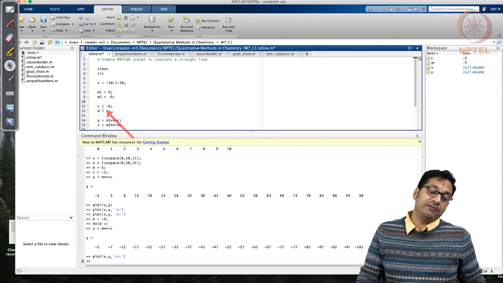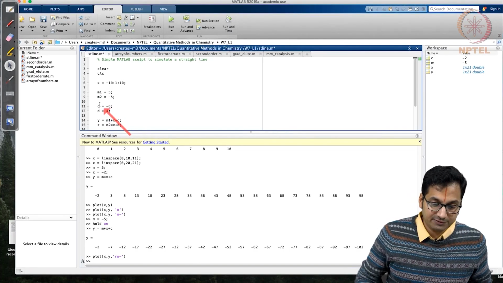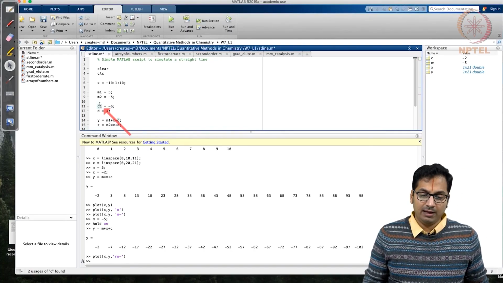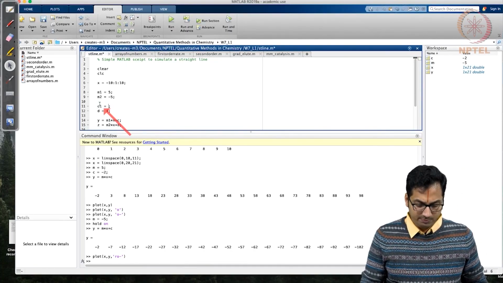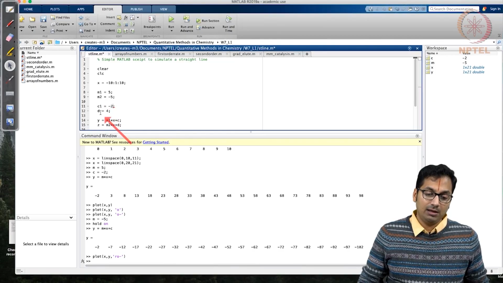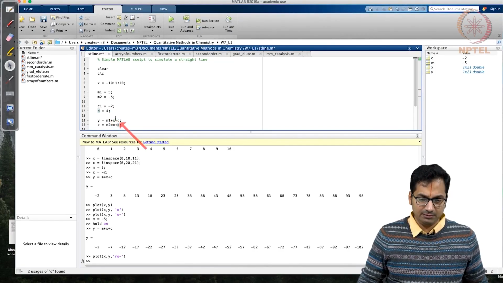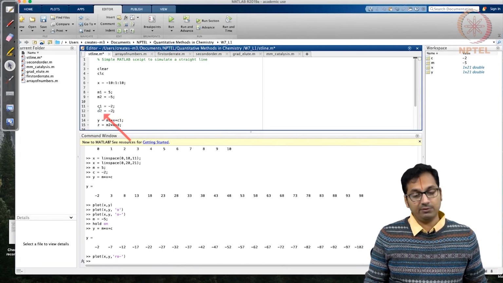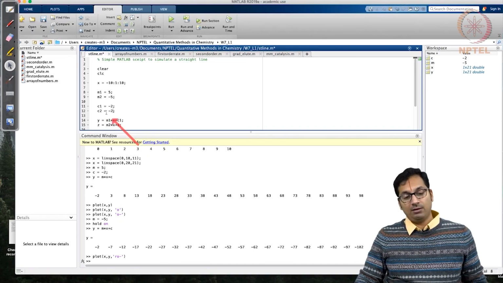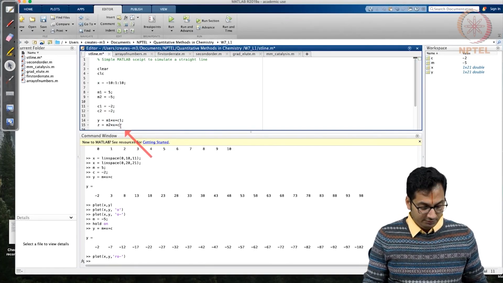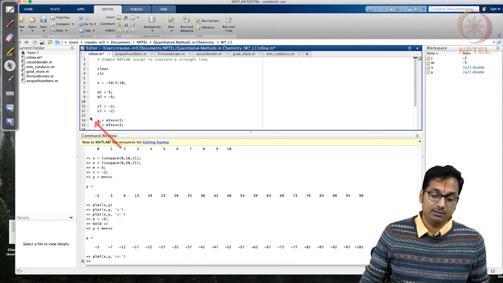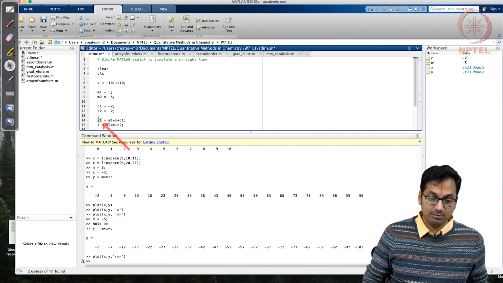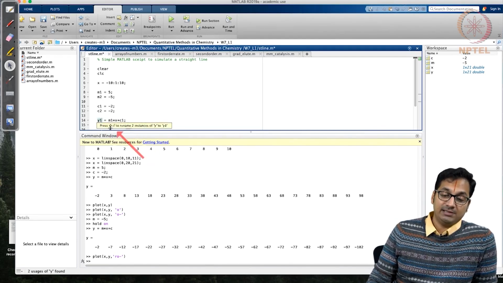And then we can give different sets of intercepts. So we can give c1 as, what did we give just a moment back? We gave c1 as -2. And just for the sake of simplicity, we can give c2 as also -2 because you want to generate with the same set of numbers. Okay, now that is done, what you have to end up doing is to say y1 is m1 star x plus c1